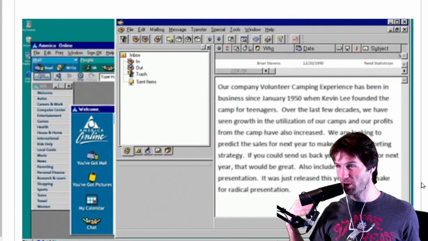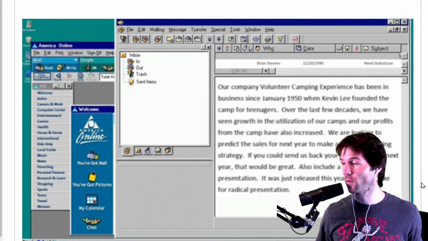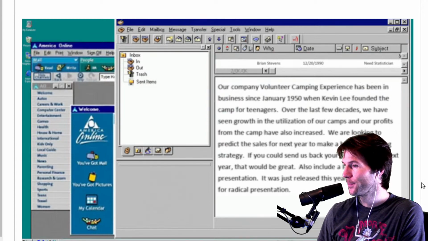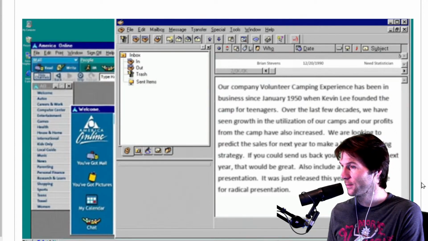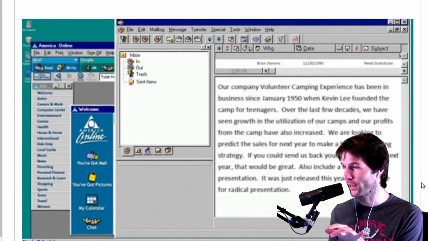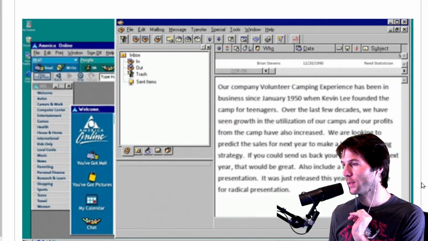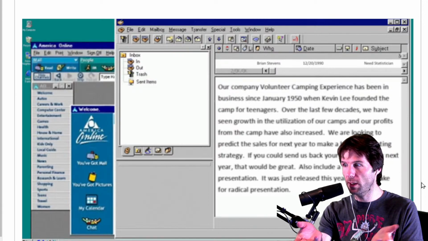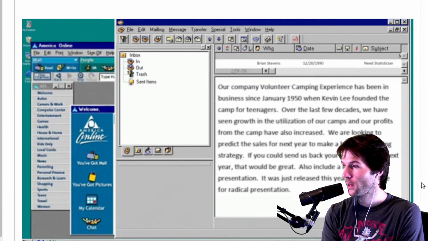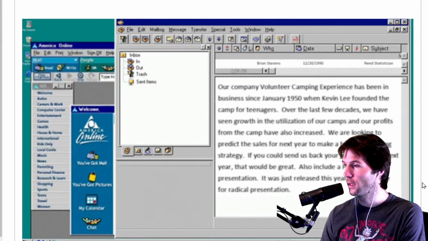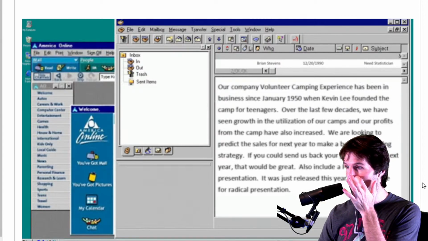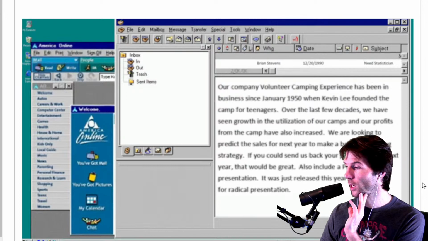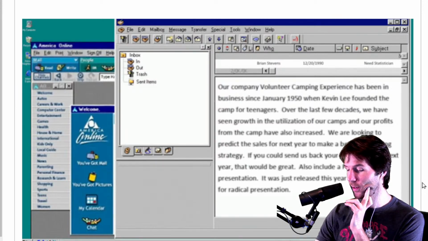Because the biggest thing is sometimes we get data and the data is not the way it should be. I'm the person who wrote this email to you. I can 100% confirm to you that the sales are increasing. This is not a lie, not a trick. I've been speaking to this company. We can look at the data right now. We know our sales are increasing. From 1950 to 1990, our sales have been increasing. Business is booming.